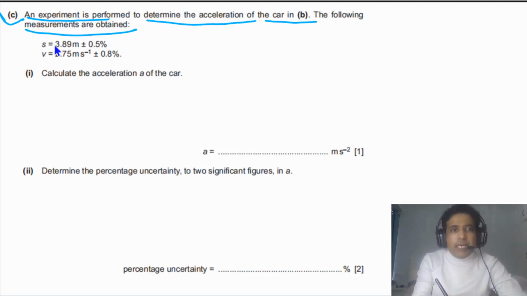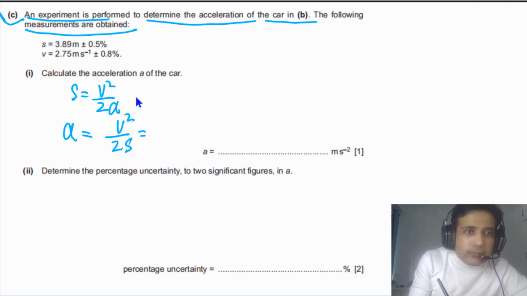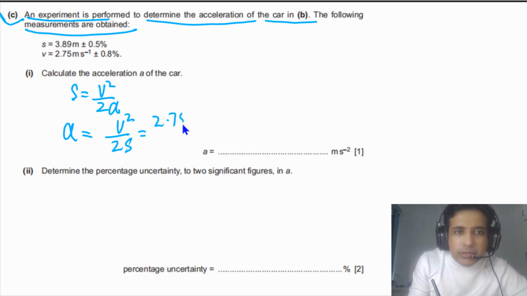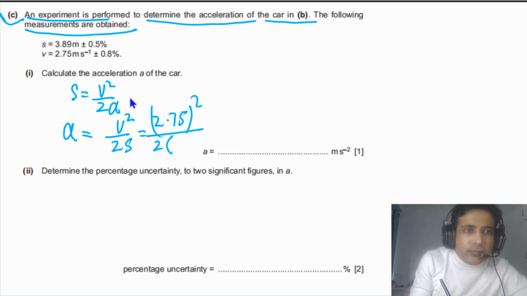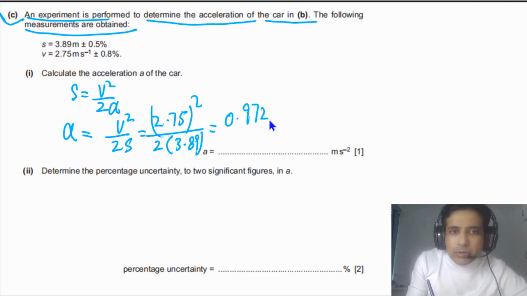So value of S we have and value of V we have, and we need to find out value of A in this case. But in the last equation we have seen that S is equal to V squared divided by 2A, and now we need to find out value of A, so we can make A the subject. So A in this case will be equal to V squared divided by 2S, and value of V is given to us, that is equal to 2.75. 2.75 squared divided by 2 times, then value of S is given, that is 3.89. If we solve this one, our final answer will be equal to 0.972,